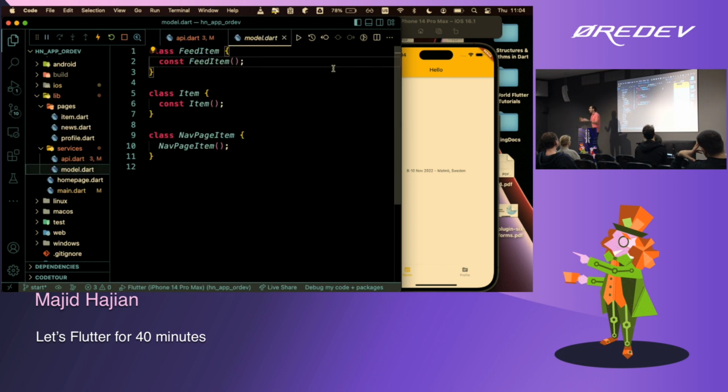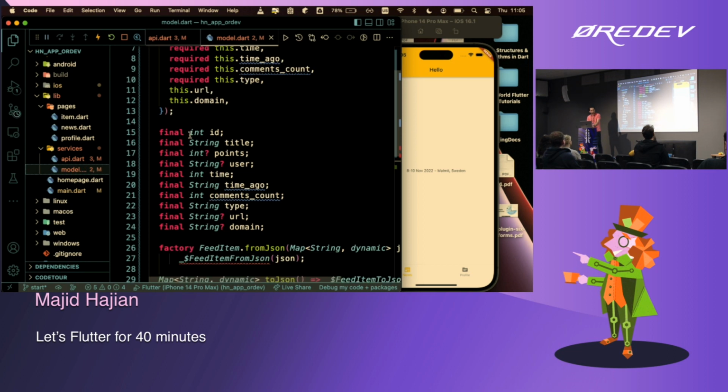So I want to pass my JSON, my map, which I decoded, to this object, and then turn it into a Dart object. That's it. This is simple. So let's see how I can do that. Again, to save some time, I already have created something for you, because writing these parameters just takes so much time.